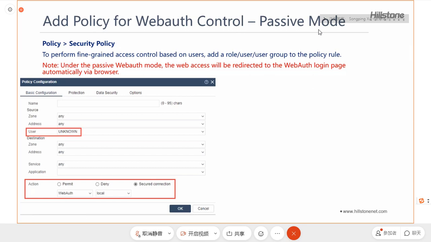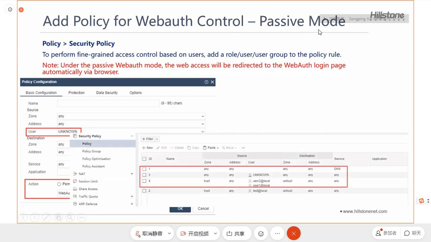And also in the passive web authentication mode, because all the access needs to be redirected to the web authentication login page, we also need to permit the DNS service at first. Otherwise, we are not able to be redirected to the login page. Okay, so in this case, for the passive mode, we need to add at least three